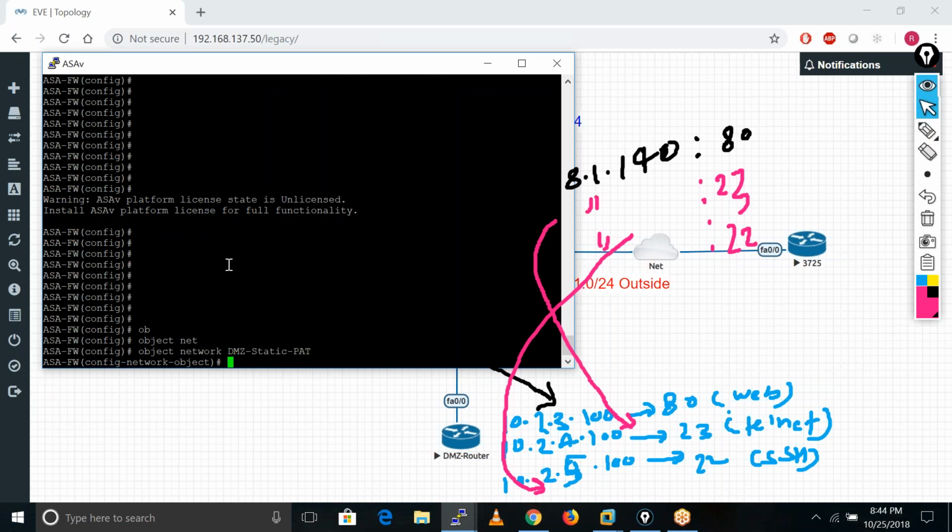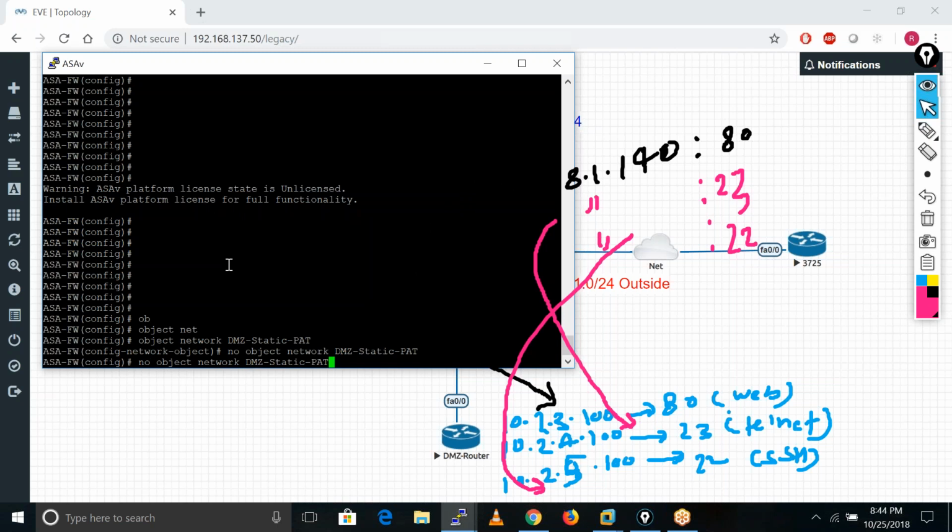We can give this name, or if we want to give some specific name, we can also do that. Let me go with a specific name, because I need a descriptive name for that as well, like DMZ. I'll give the IP address, 10.2.3.100, on port number 80.